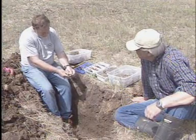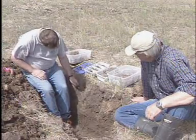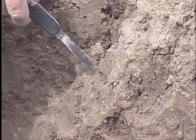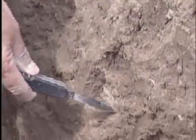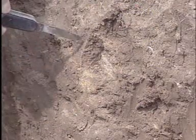And the clays then move outward from the base of the crack, and you get this mixing of the material that's fallen into the crack, which begins to then move back up in the profile. So we can see some soil mixing here. Come down here, we have some soil mixing there. You can see the different color, some mixing in here, and your matrix or your main color is the brown